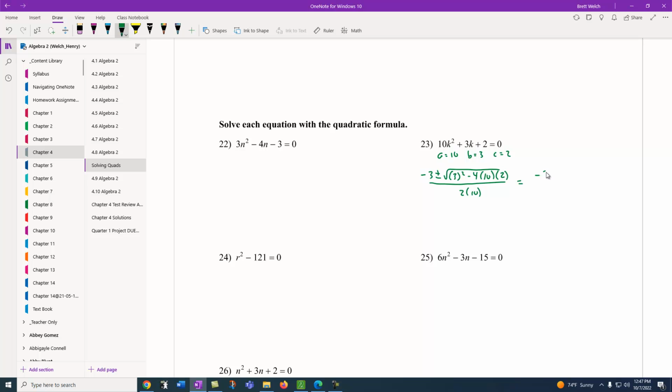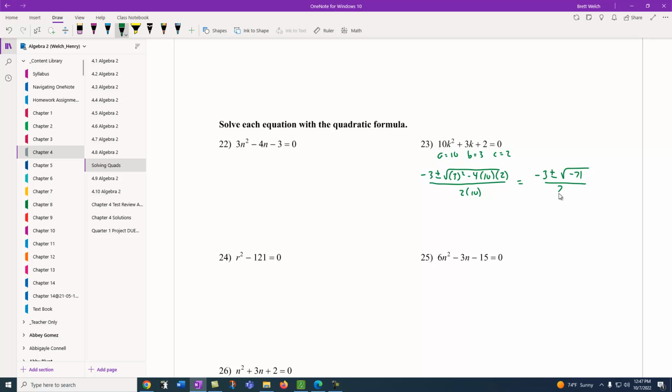So this comes out to be negative 3 plus or minus the square root of, and I'm going to put this in the calculator, 3 squared minus 4 times 10 times 2 is negative 71